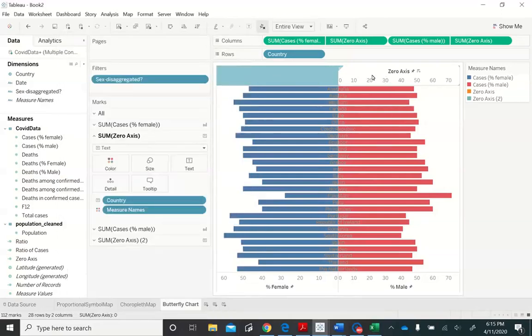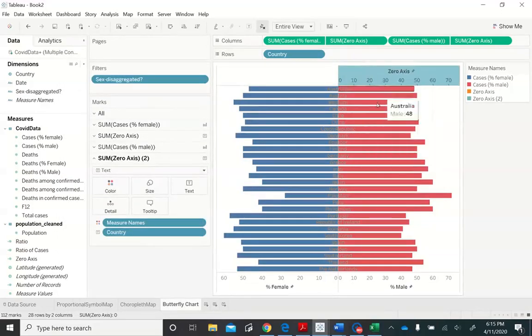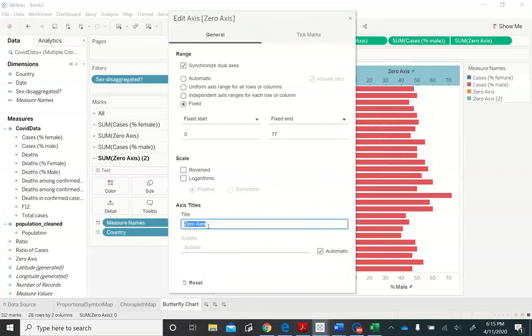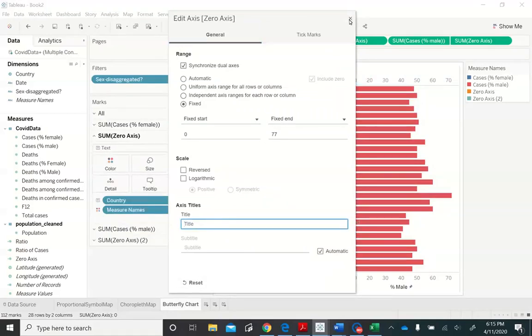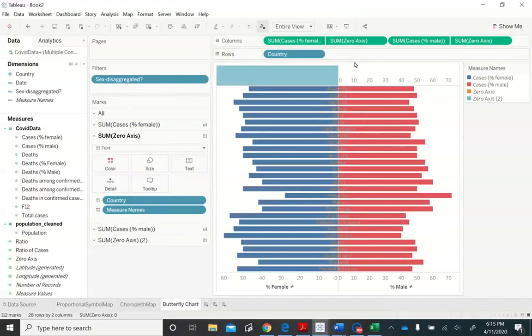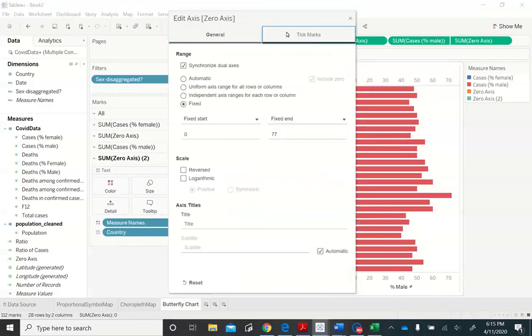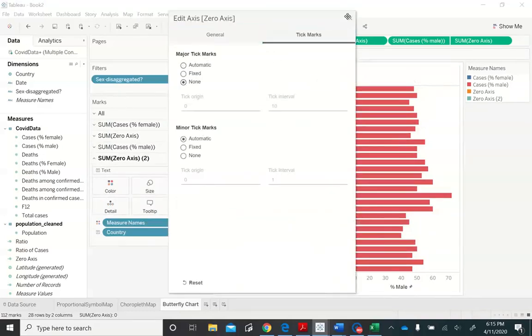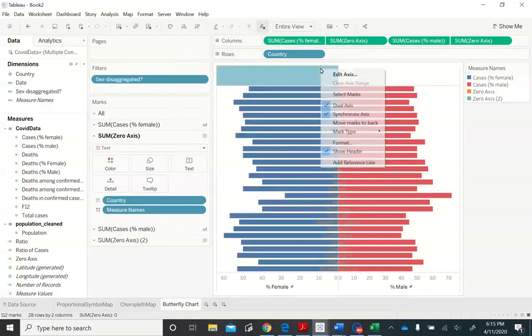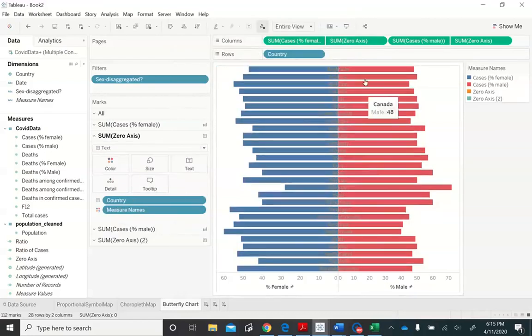So what we're supposed to do is to just dual axis and synchronize it, and let me just remove the tick marks too from the upper, and don't show headers. Okay, but